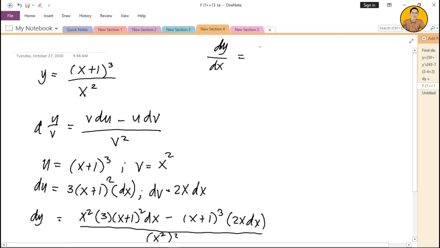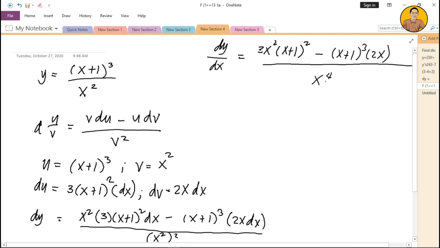3x squared times the quantity x plus 1 squared, then minus the quantity x plus 1 cubed times 2x, all over x raised to 4. So this is x squared squared. So here, y prime equals, so let's expand these two so we can simplify. So this becomes 3x squared